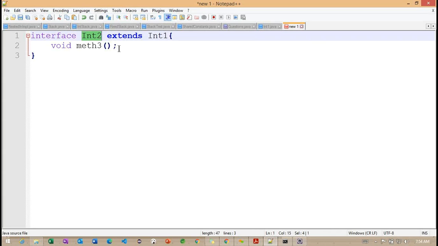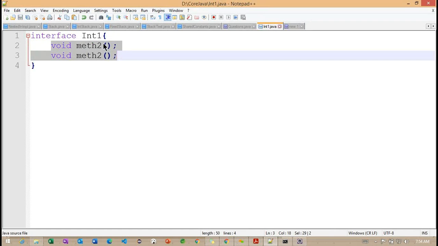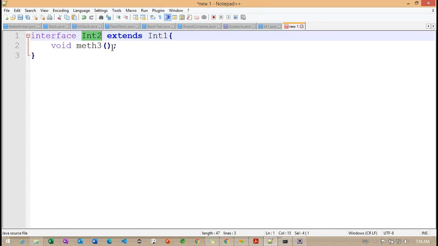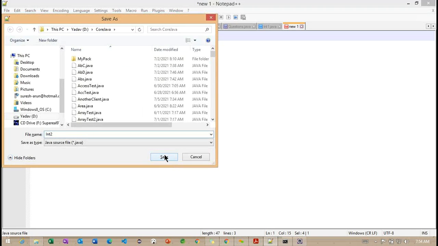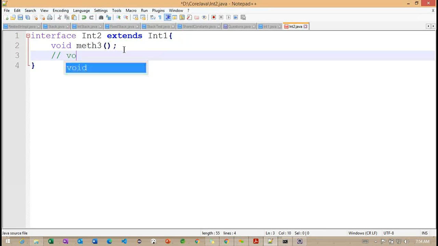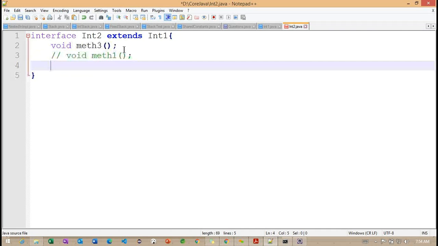Getting the point. So in interface 1, you have method 1 and method 2. Okay, back to here, I want to save this interface also. Getting the point. Whatever super interface information we have will be available logically.